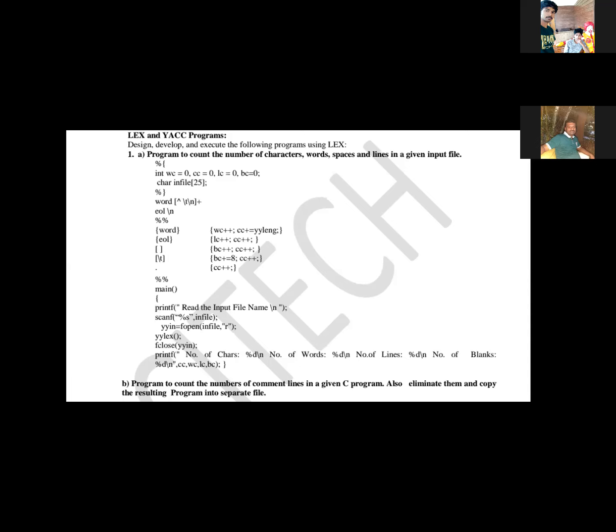See, the first program you have already executed. I'm just making a recall of that program, because in college they're asking about the status of programs, what about the lab programs. Whatever labs they did till now, they want to know how many programs have been executed. Because of that, we're going to take Sunday and discuss the programming part only. See, the first program everyone has already executed, I think. Program to count the number of characters, words, spaces, and lines in a given input file. See, the given input file, whatever is there.